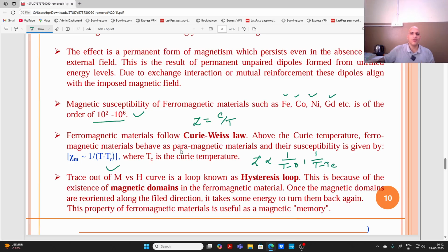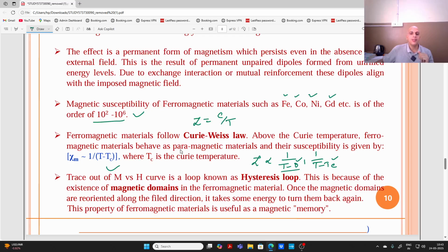Here Tc is known as Curie temperature, or theta, you can say it is Curie temperature, right? So you can see from here that the magnetic susceptibility is dependent on the temperature and this Curie temperature also, which is a constant. So when this T is larger than this theta, in that case this term is positive,